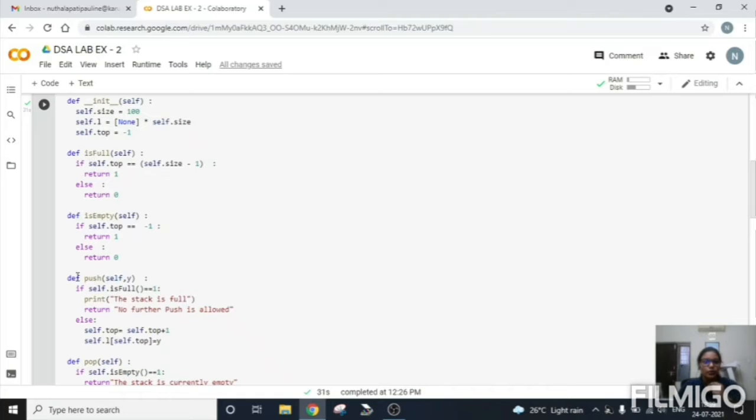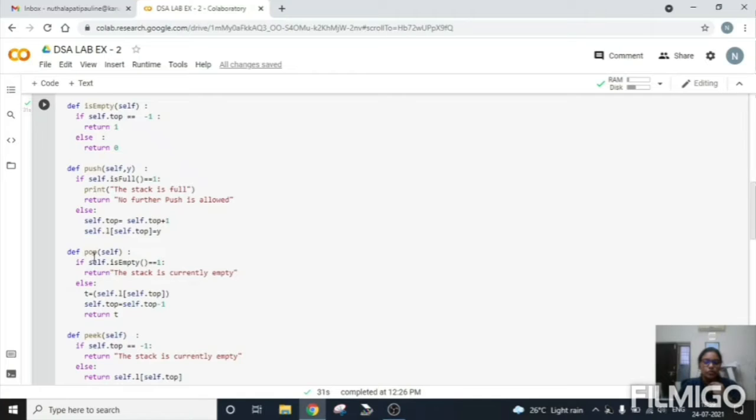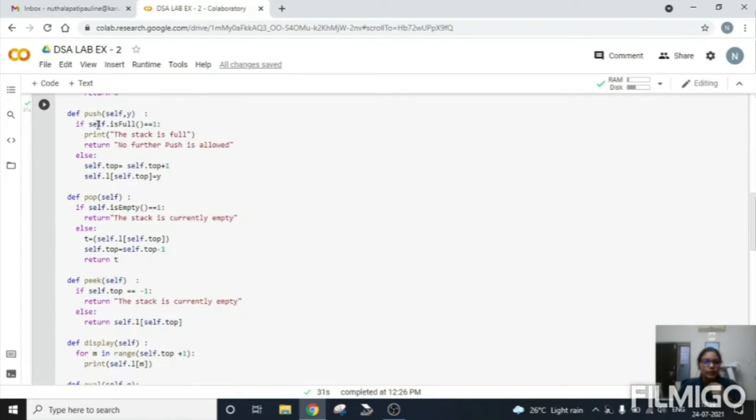So isFull is connected with push, and isEmpty is connected with the function pop. Push is going to push the element. If isFull is true, then it is not going to accept any push. And if the stack is empty, it is going to say that the stack is currently empty, otherwise the pop option is going to be implemented.